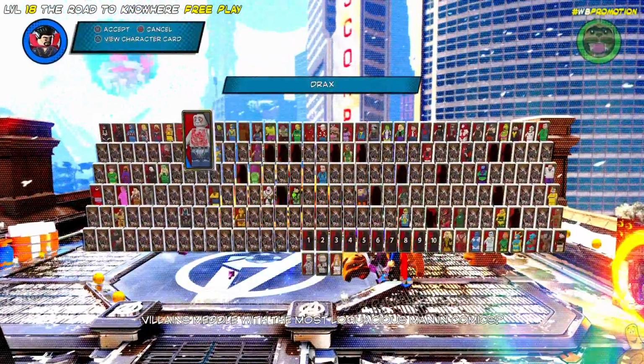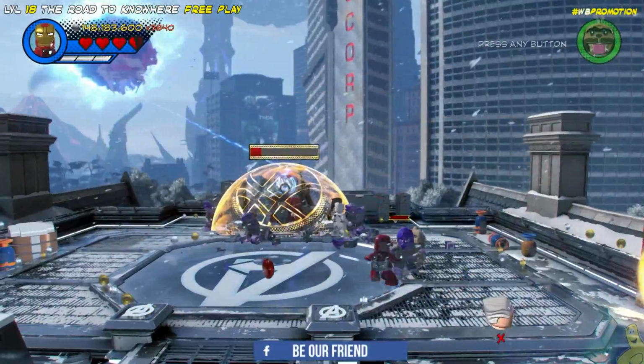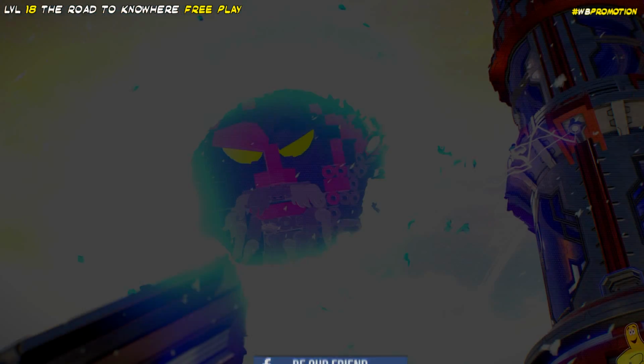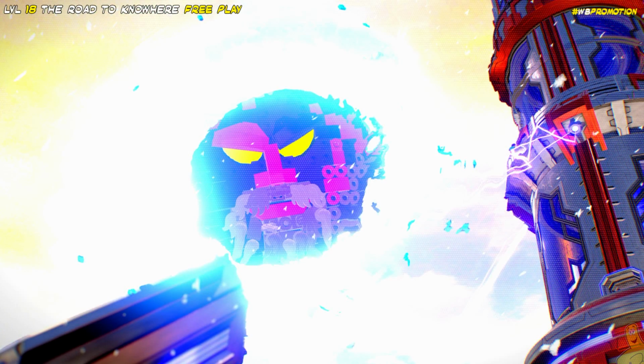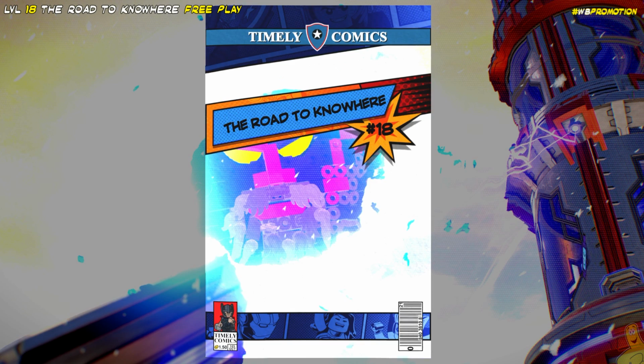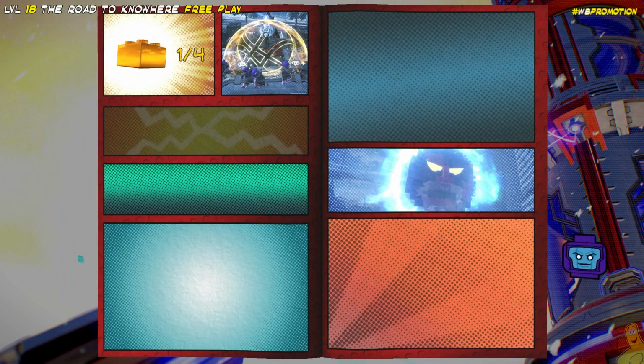Now, there is a little bit of a battle that ensues here where we have to protect that meter while it gets, well, undepleted, I guess. And we're not going to do that. We're going to skip on out of here because it was just 3 or 4 minutes of time wasted, in my opinion. So, hey, that's going to wrap it up for level 18, the Road to Nowhere free play,